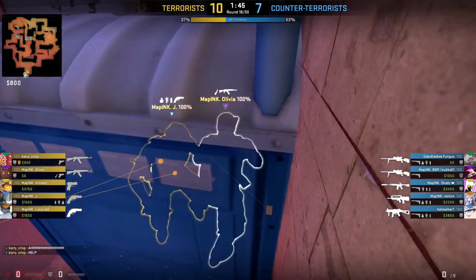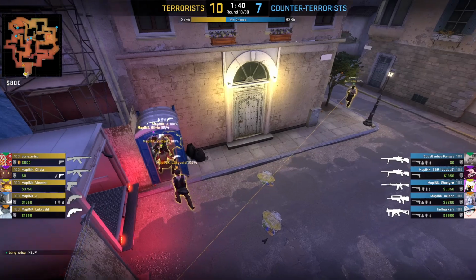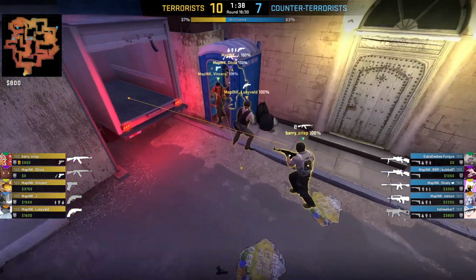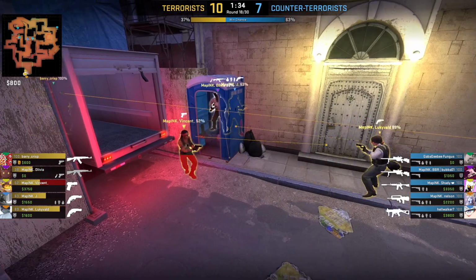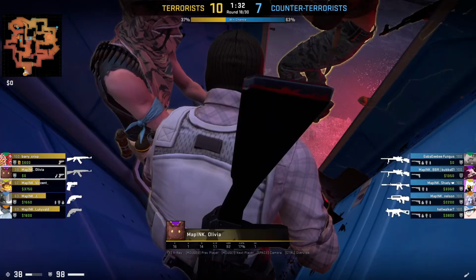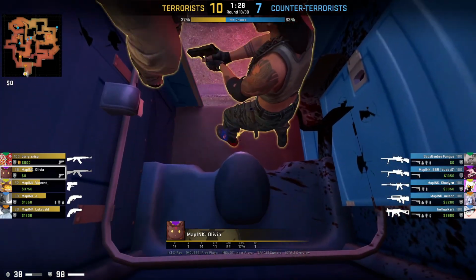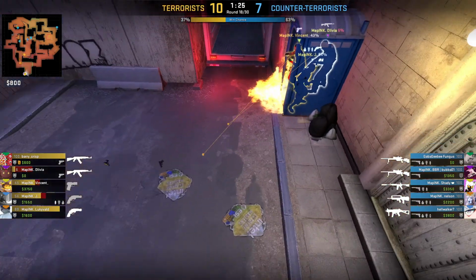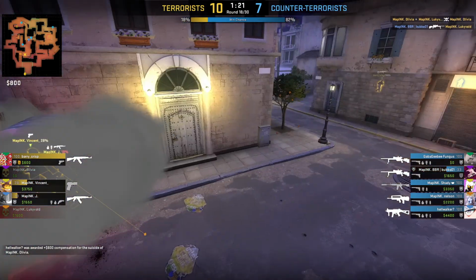The whole T team now getting into the Portapotty, and Barry Crisp is the only one left out. Well, team damage here. It's gonna waste the whole mag. Let's hope that Olivia doesn't drop this Molotov here. Right. What is going on here? They're actually stuck inside, and